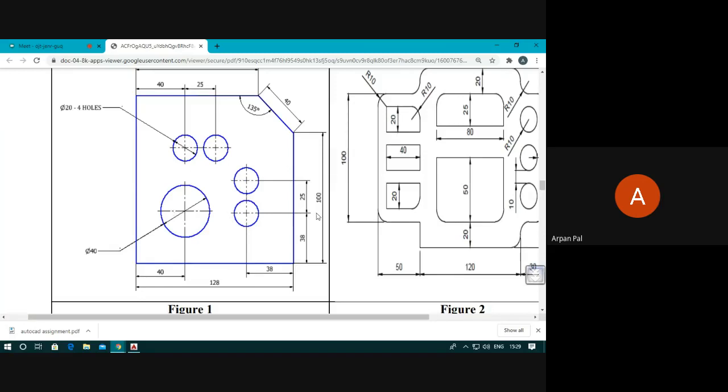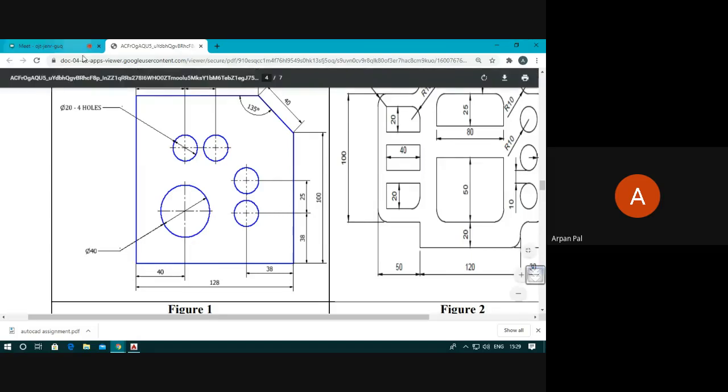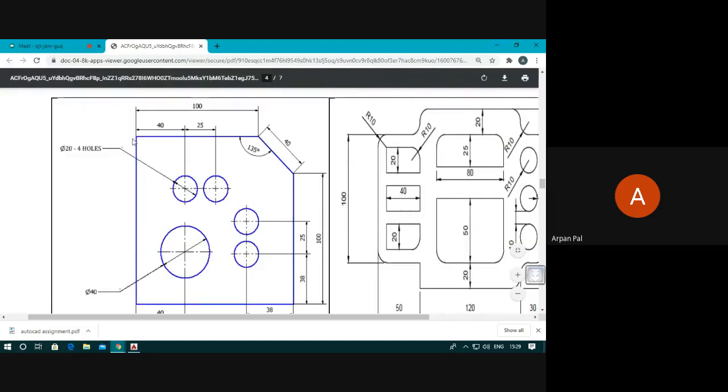How to do it? We need to find a point at a distance of 40 from this line, and at a distance of 25 from this line. And in this case also, this line is at a distance of 38, and this line is at a distance of 25 from this line.